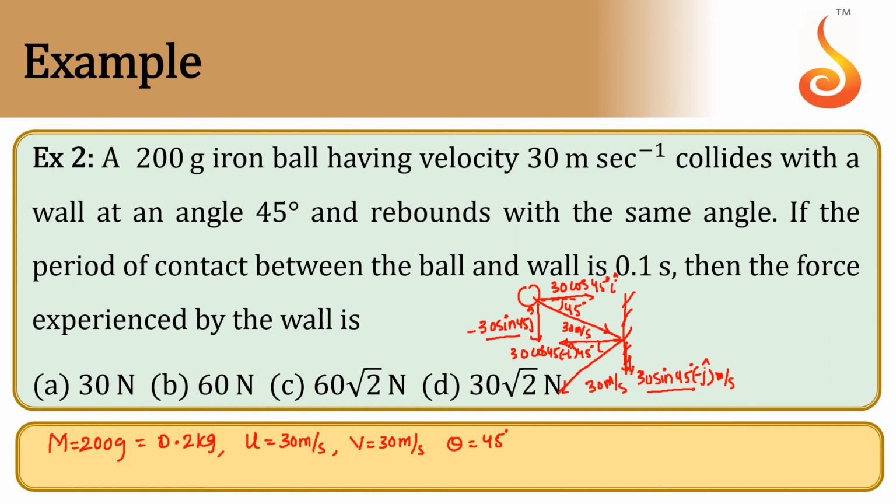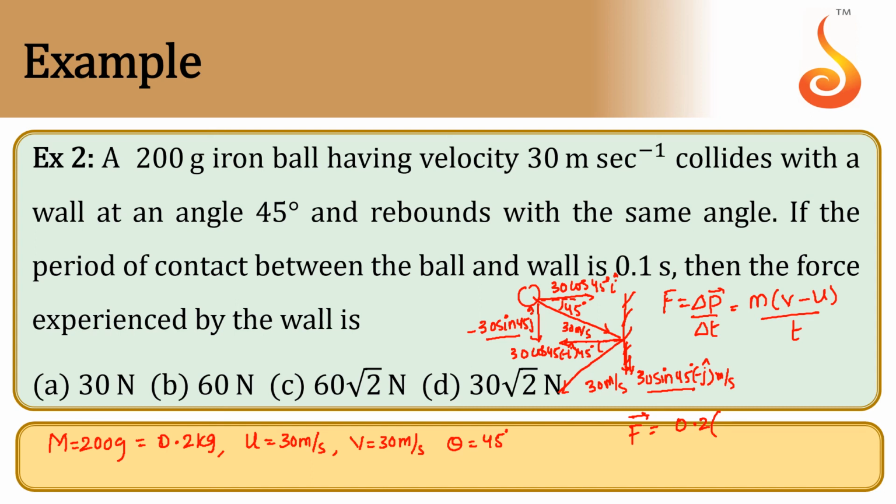So force is equal to change in momentum by time. That means m times final velocity minus initial velocity by time, but here I am talking about horizontal because in vertical there is no change in momentum. So what I can write, force is equal to m is 0.2, final velocity is equal to